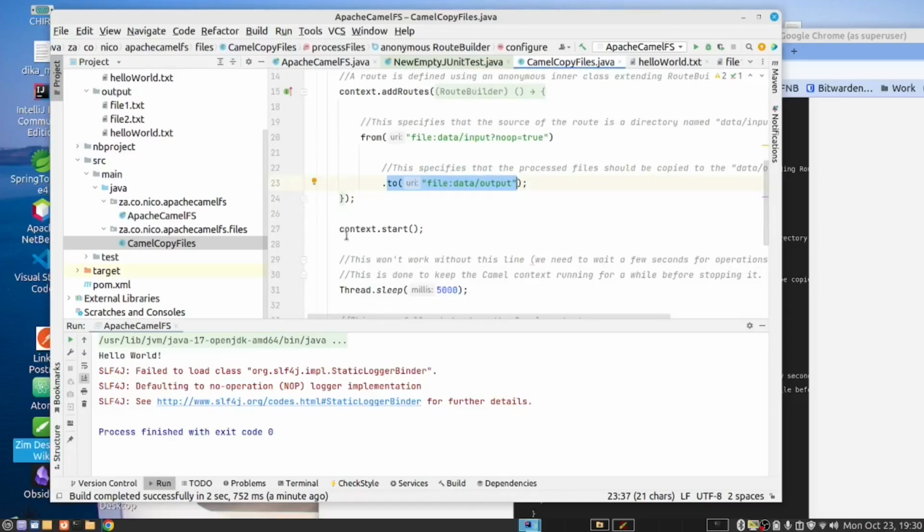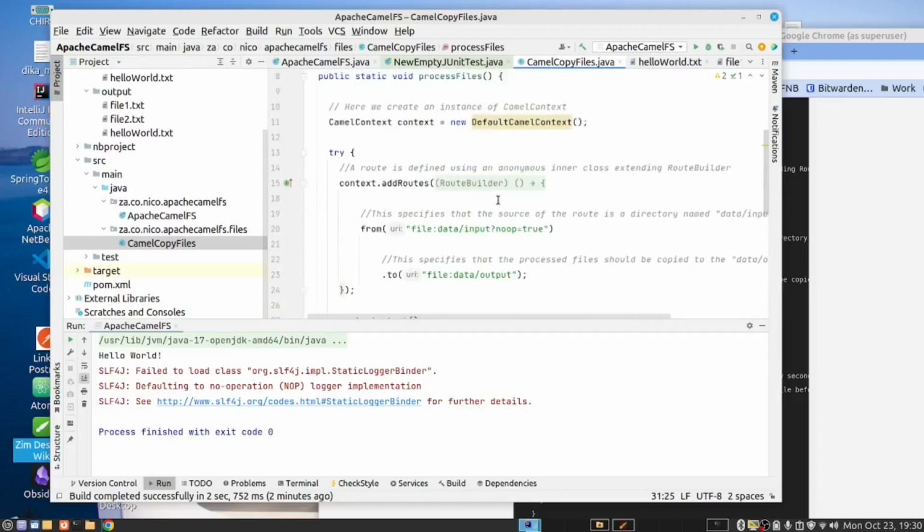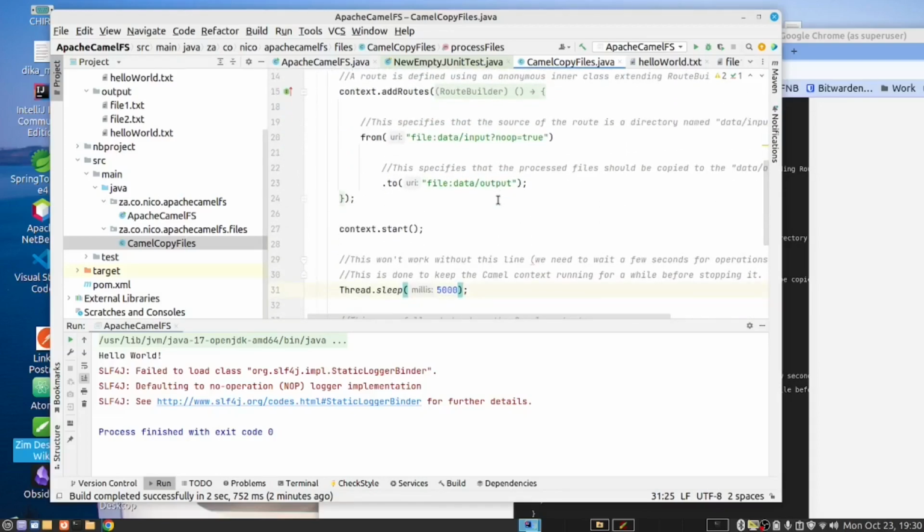Then we started the context, so then this process would run, and we gave it enough time to be able to read the files and write the files, so we delayed for 5 seconds, and then after that we stopped the process gracefully. So there's 5 lines of code, and with that we've done